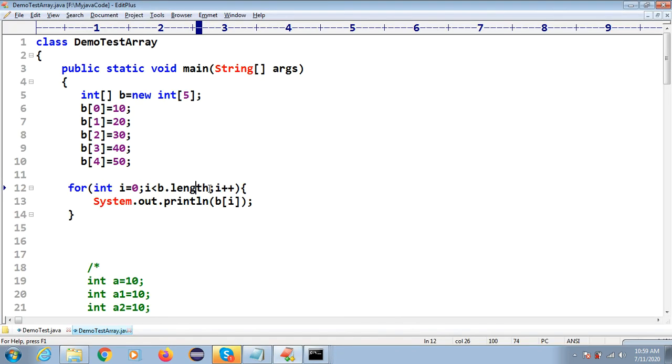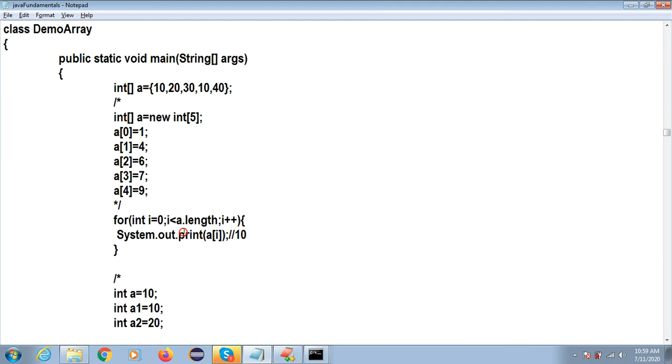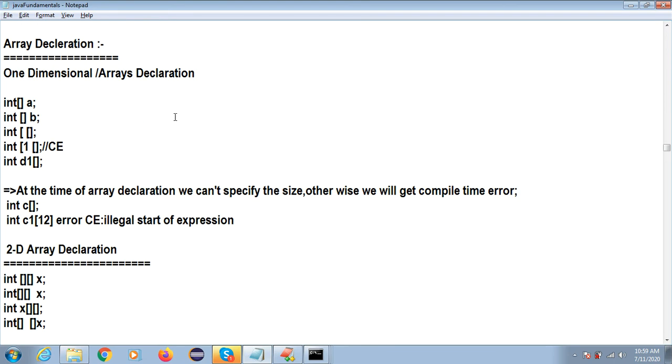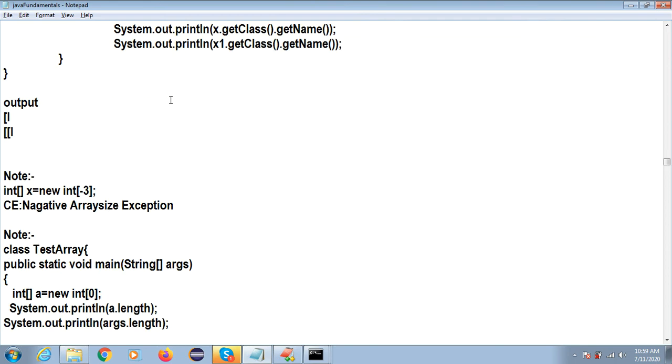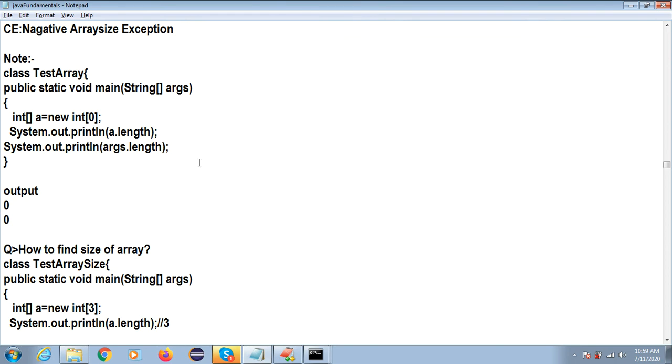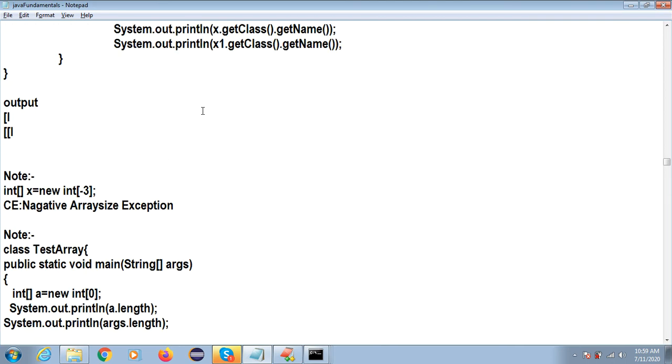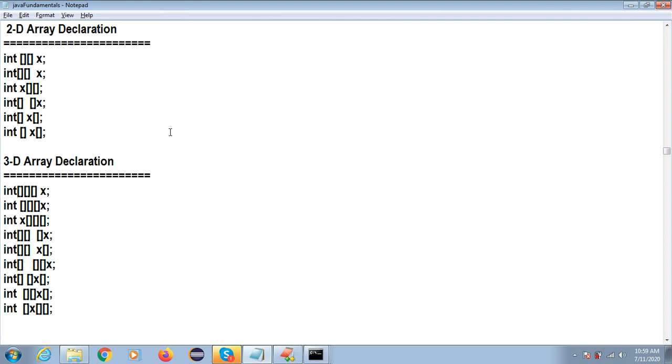So you can do the practice for that. I will continue in the next session. Completely we will learn arrays in tomorrow's session, and I'll try to finish the array concept. After that you can also practice any array question. You can find interview questions on Google and practice. Whatever topic we are learning here, just find interview questions for data types, or interview questions for array programming. That way you will have a collection of questions and you can solve them. Okay, so tomorrow we will continue this session.